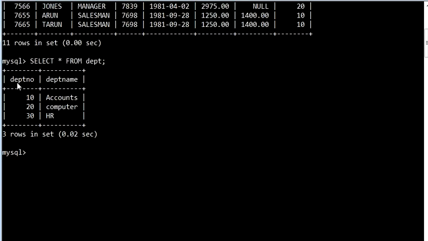Okay. How many rows are there? Total 3 rows are there, here you can see. And how many columns? 2 columns. Okay. Now let us see the Cartesian product of it. So simple: select star from. After that, however many tables you want to join, simply mention their names separated by commas. Like here, I want to join EMP with the department. So first give the EMP table name, followed by the department. Now let us see what output it will show.